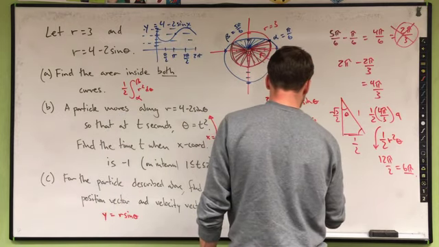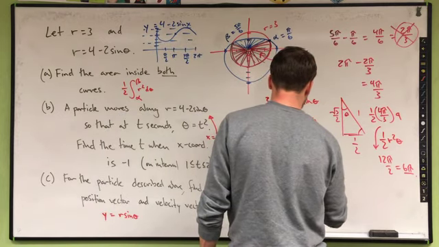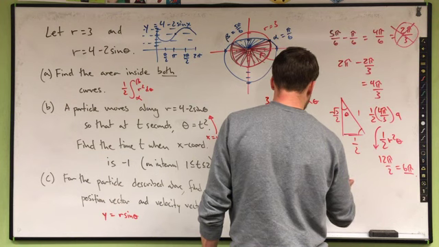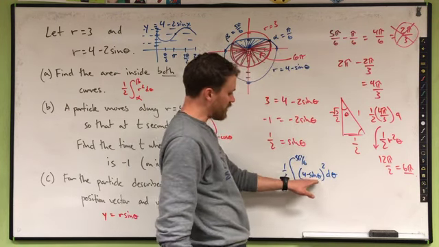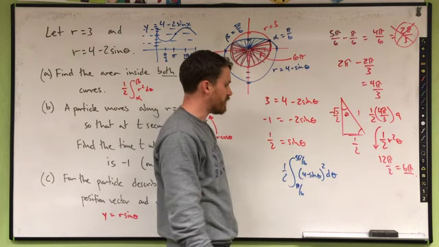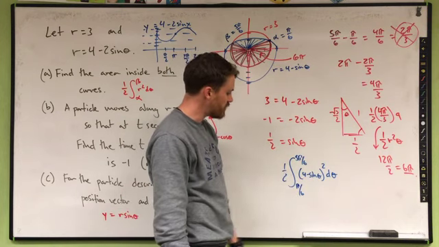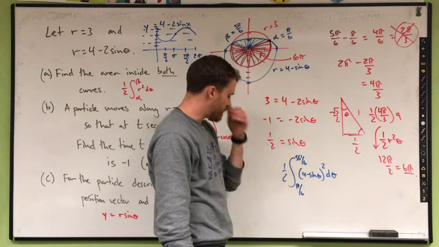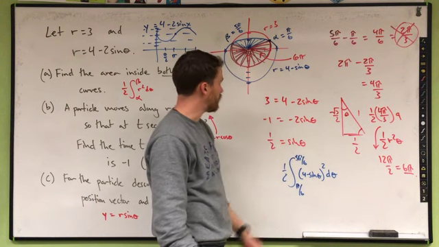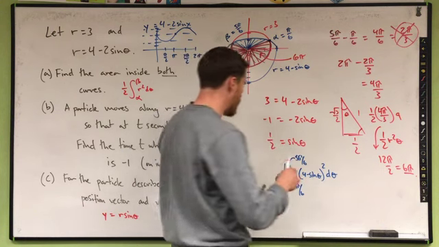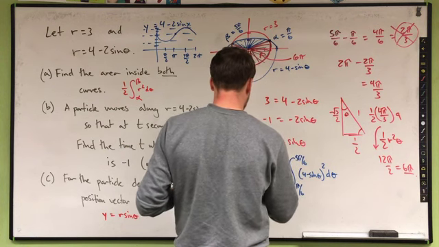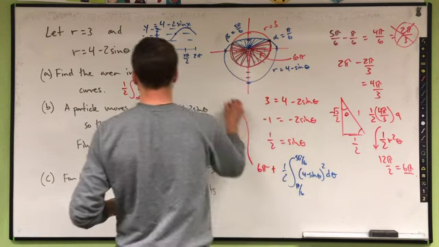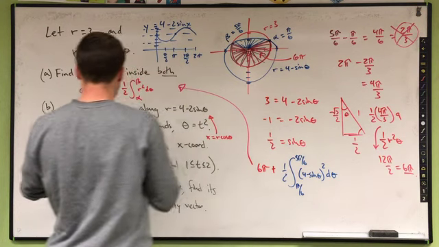But radius squared is (4 minus sine theta) squared d theta. So I'm not going to find that. You would have to find that on a calculator by graphing this in regular Cartesian coordinates, and then integrating it from pi/6 to 5 pi/6 and multiplying by 1/2. So if I add that to 6 pi, I should get the answer to A, which is the area inside